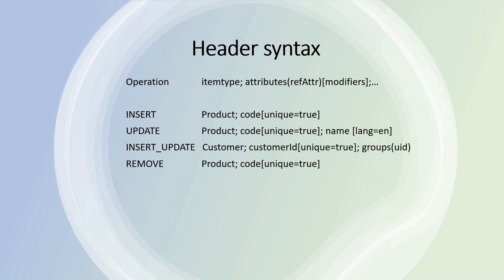If you are not aware of the item type, then in the previous video we had discussed the item type in detail. The link of the video is present in the description box, and also in the top right section of your screen, you are seeing the link. After defining the item type, we have to define the attributes. Let's go through each and every operation mentioned here, which is insert, update, remove, and insert update. And let's see how it behaves in the real world.